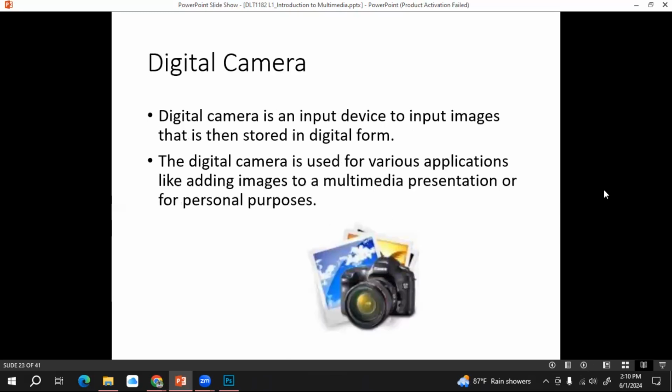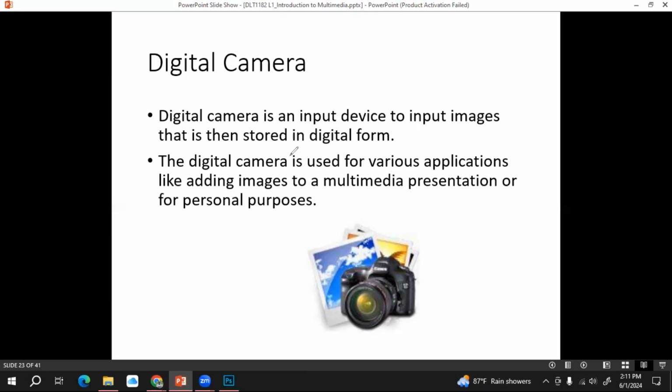Then digital camera. Digital camera is an example for input devices, right? Using these cameras, we can take a photograph. Actually, these cameras convert the real world scenario into a digital format, right?